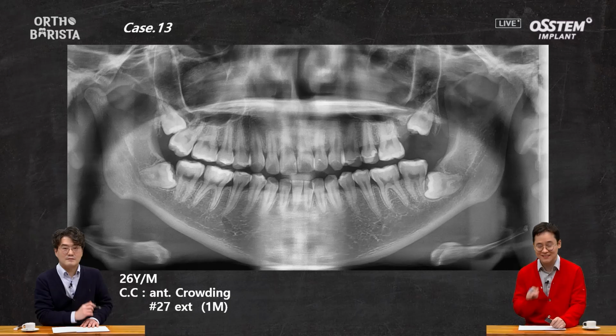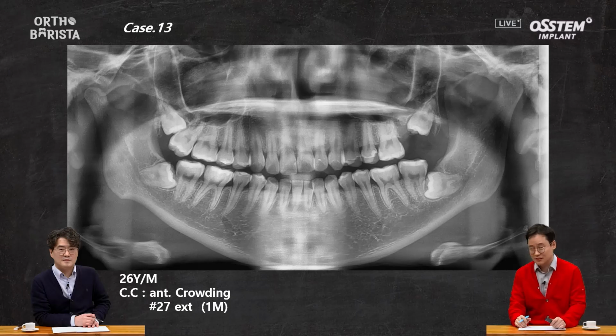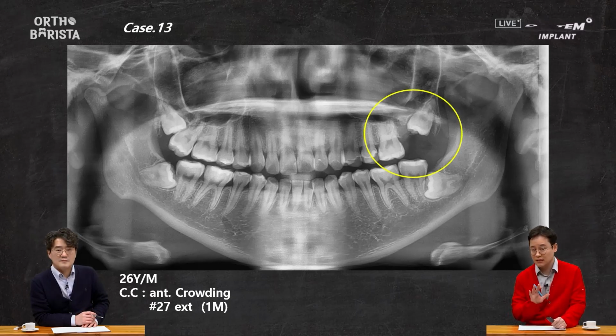The next case involves the maxilla, where the patient had a forward tilted alignment. About a month ago, they had tooth 27 extracted at another clinic due to issues. They were advised to visit an orthodontic clinic for further evaluation. The patient also mentioned that their front teeth seemed slightly protruded. The photo of tooth 28 was taken a month after the extraction of tooth 27. At the time, the roots seemed well developed despite being embedded.